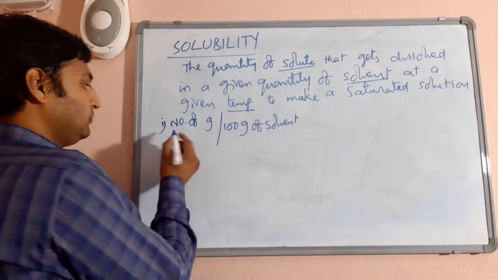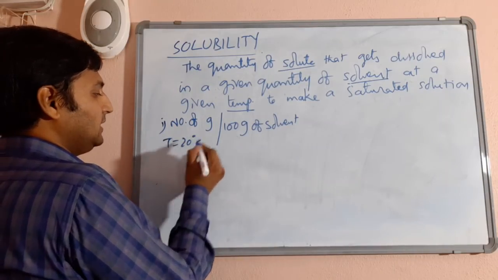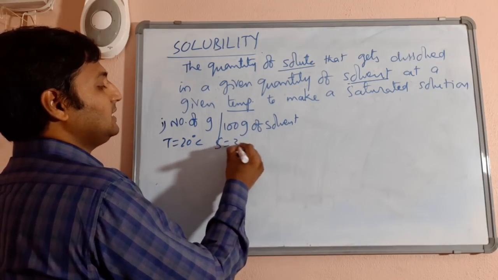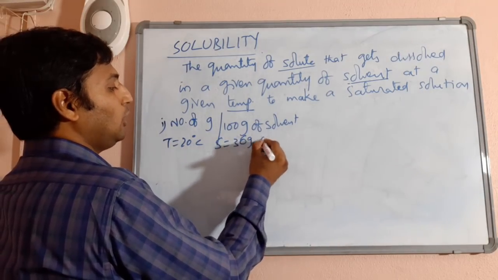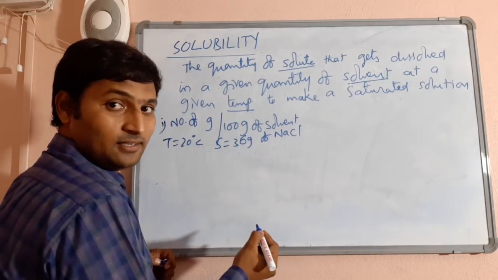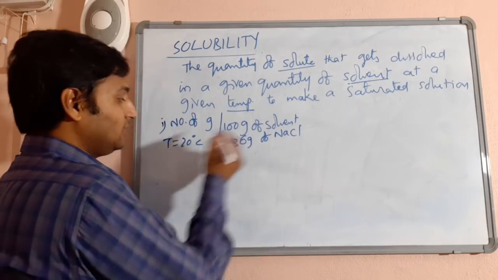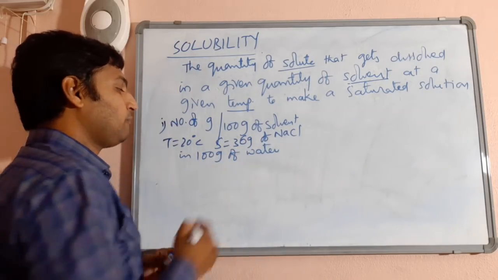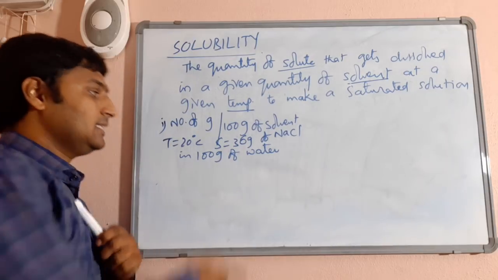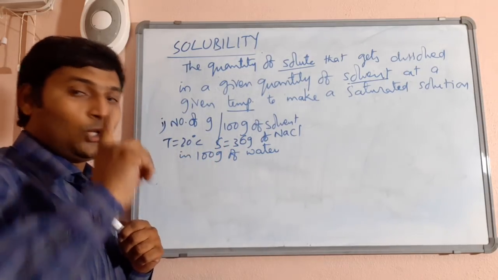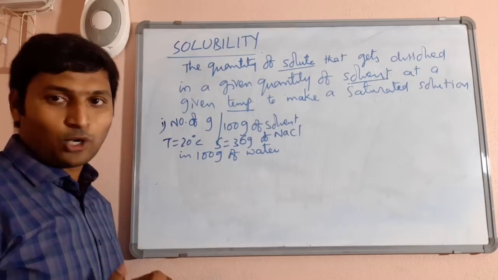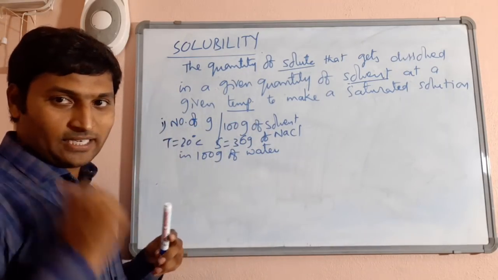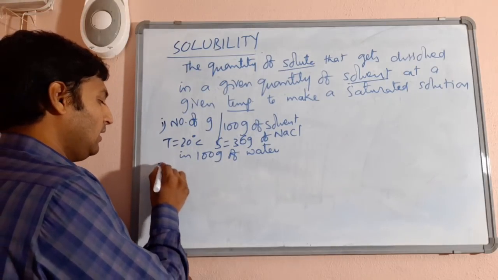Now comes the question. Temperature 20 degrees Celsius and solubility is 36 grams of sodium chloride is said. In what quantity of water? In 100 grams of water. It means at 20 degrees Celsius, in every 100 grams of water, you can't dissolve more than 36 grams of sodium chloride. So, it can be expressed in terms of number of grams per every 100 grams of solvent, or sometimes